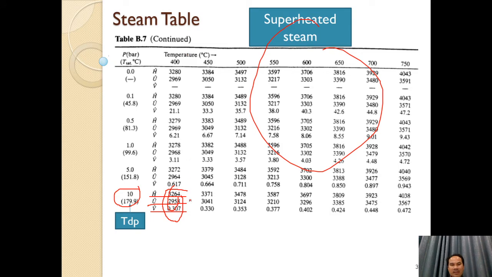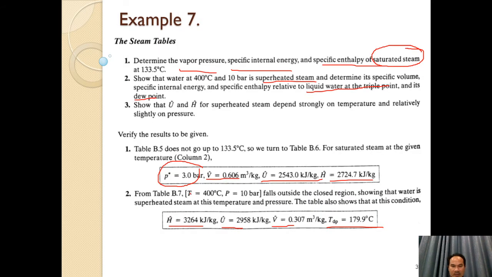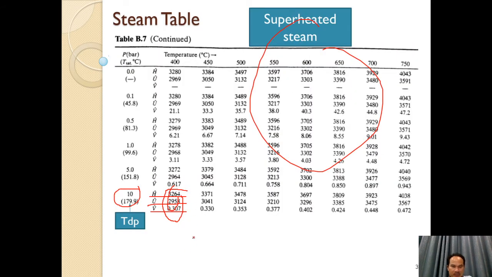When the temperature changes, for example, U and H at 400, 450, 500, it is strongly dependent on temperature. If you compare when the pressure increases, at P2, P2, P2,